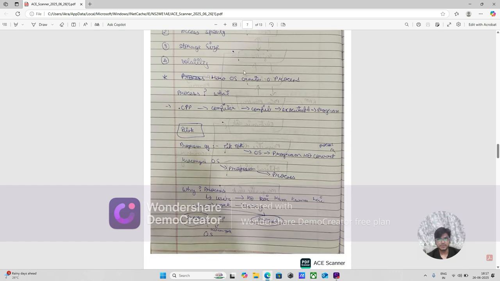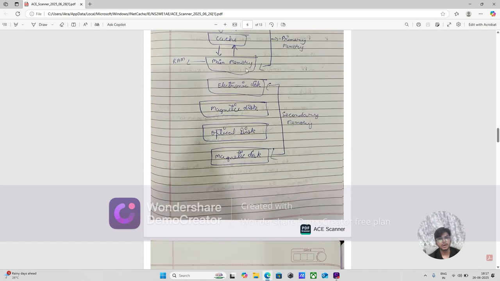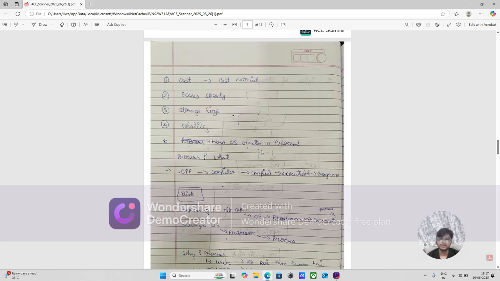And volatility means like, I have explained this accessibility and all, and reliability and all. You can add to it like that. And now I'm going to explain to you